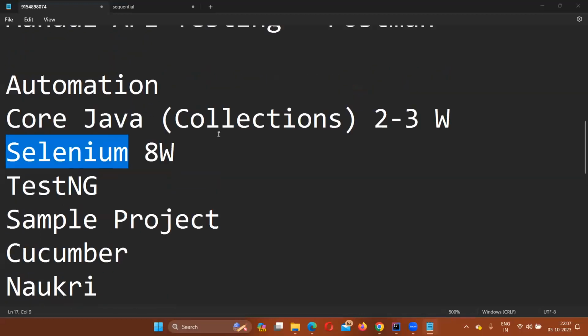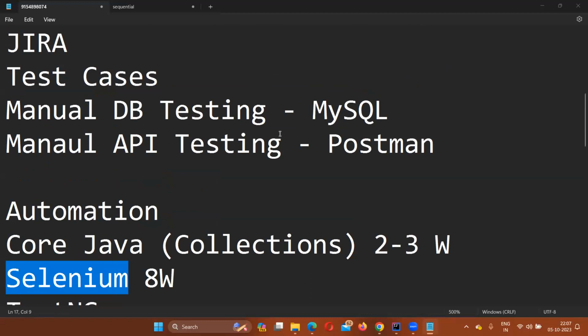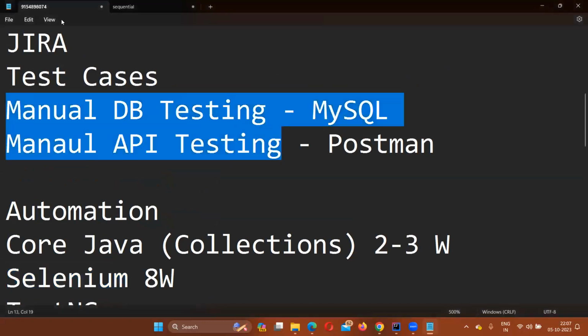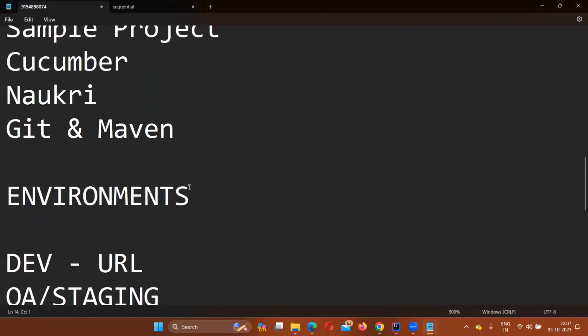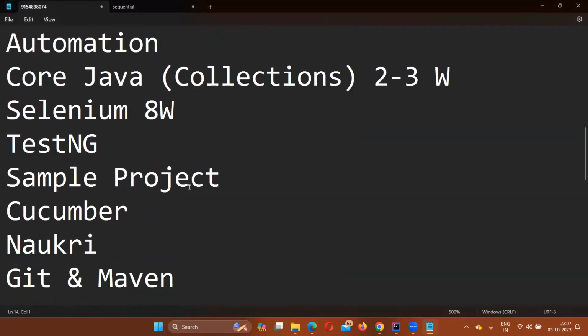Okay, manual testing ke liye bhi, if you learn theoretical concepts, that's more than enough to get a job. But if you know these two concepts also, along with Jira, you will have a competitive edge when compared to the rest of the candidates who are attending the interview along with you. Okay, manual testing बोले तो most of the times people think definition पट्टी मार लो खत्म, interview मिल जाएगा, interview clear हो जाएगा. No, these days anyone can answer basic manual testing interview questions, but it's better you have some extra knowledge so that you have some advantage over the rest of the candidates.